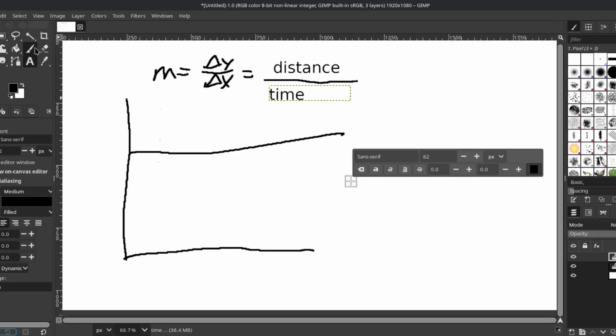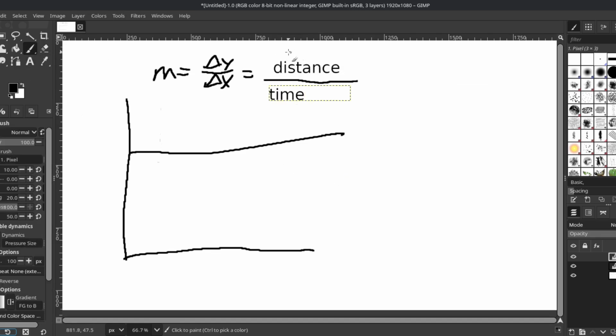That's the formula right there. It will be the change in distance over the change in time. The rate of change is the slope of the line. As you can see, it is a very straight line, so it is constant, therefore the speed will be the